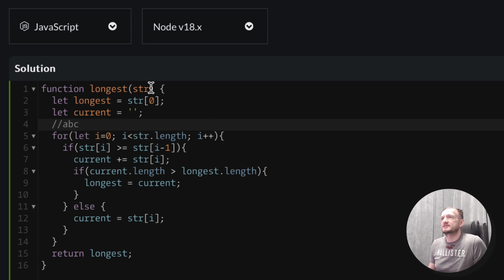The first instantiation is that the longest is A. But then if we are at B, we are checking if B is greater than or equal to A. If it is, we are adding it to the current one,